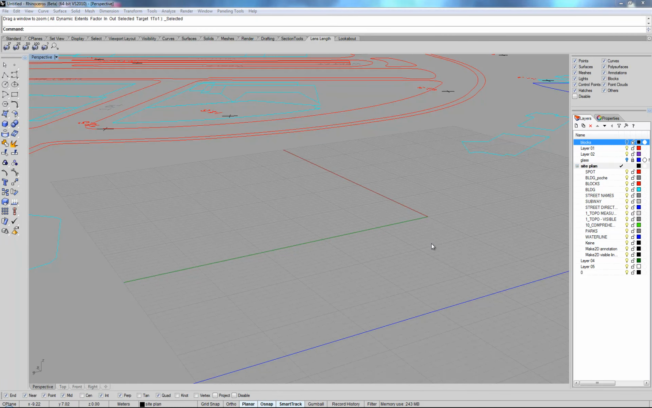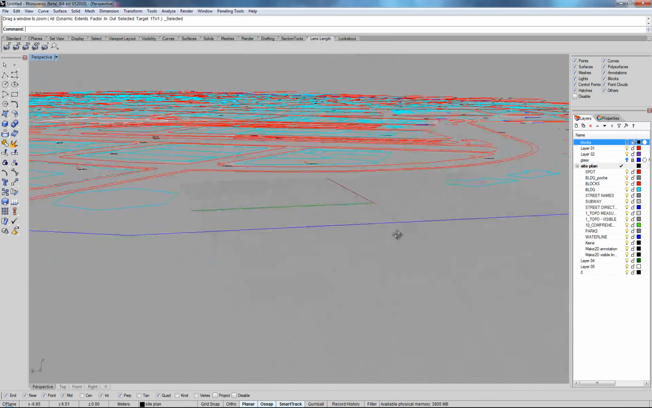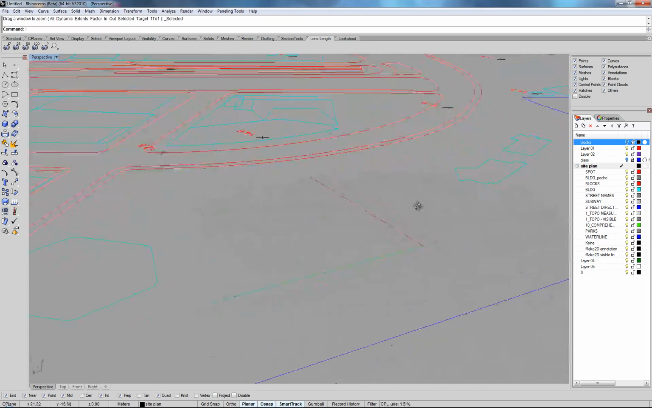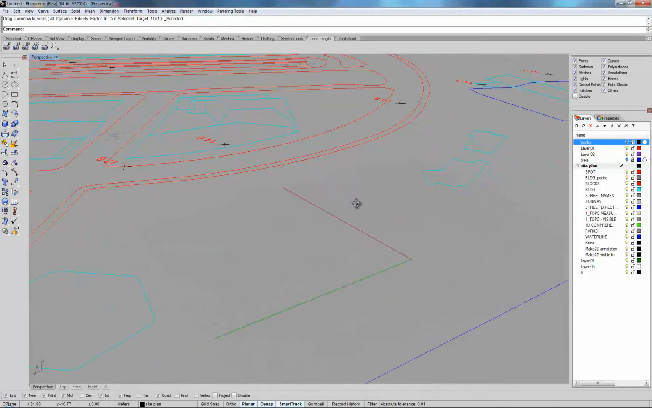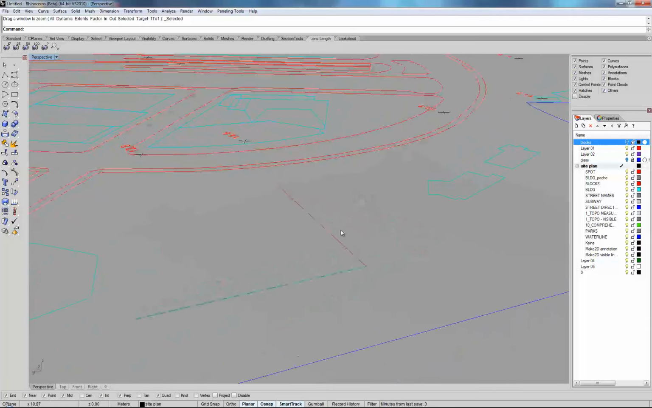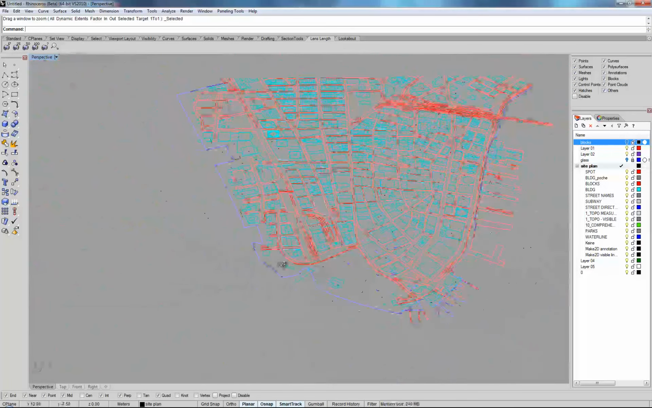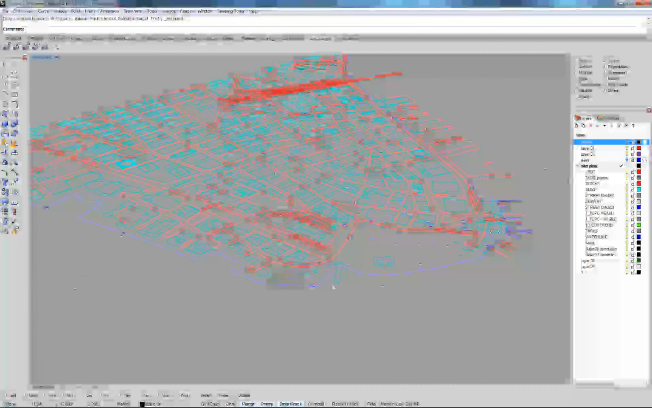Okay, so I left you guys with the site. We are now going to start to see how to create some very elementary blocks that then later on will become your building. So eventually we have the site. What I usually like to do,